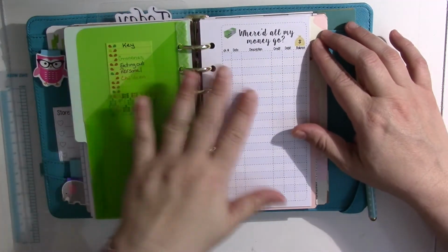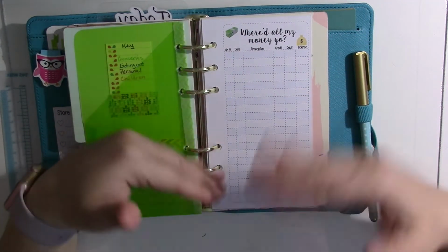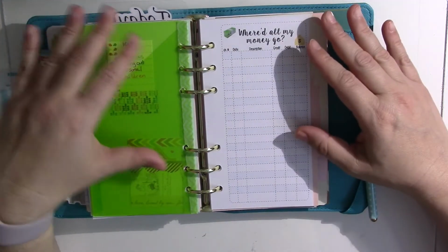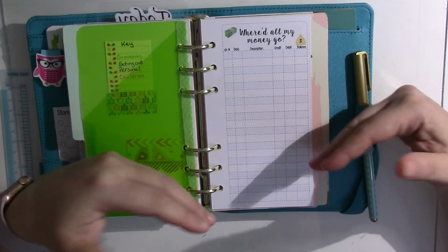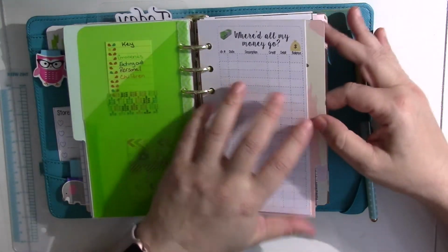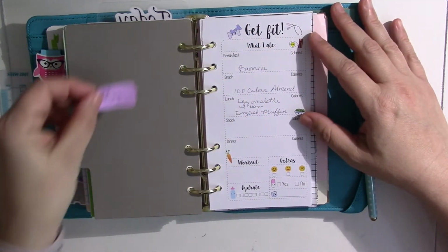So that all is here, and I keep track of it. So I try. My goal this year is not to go over budget. So it's more of a guideline. If I do go over budget, he doesn't get very upset. I'm more upset about myself for not making the budget than he is. But it's just a guidance. So I want to keep track of that. And so I got her inserts. The next one is from